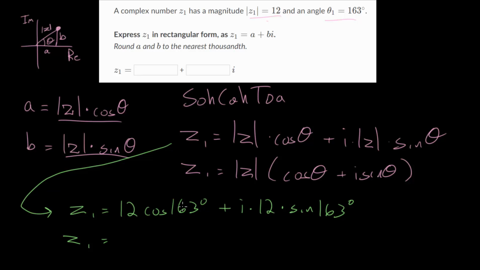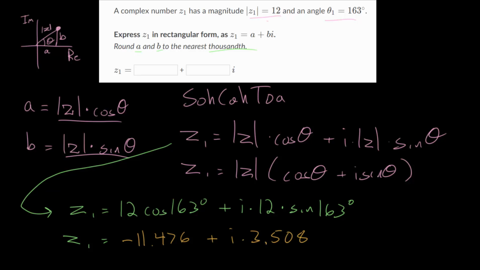And we just need to plug these expressions into the calculator and simplify. And since we are in degrees, make sure your calculator is in degree mode and not radian mode. And we will have to round a and b to the nearest thousandth. So when we plug in 12 times the cosine of 163, we get back minus 11.4756, or 476. And for the imaginary component, 12 times the sine of 163, we get